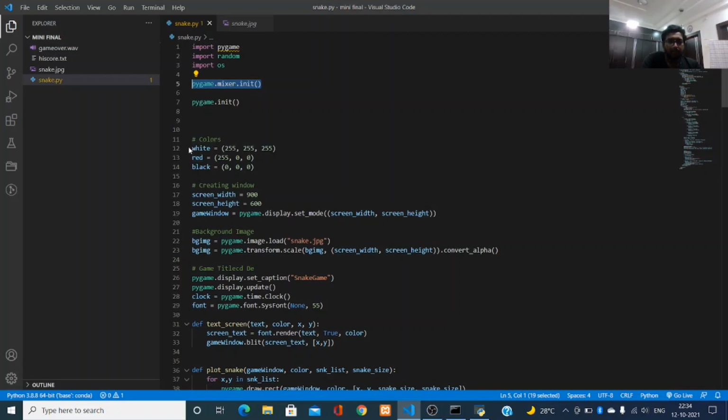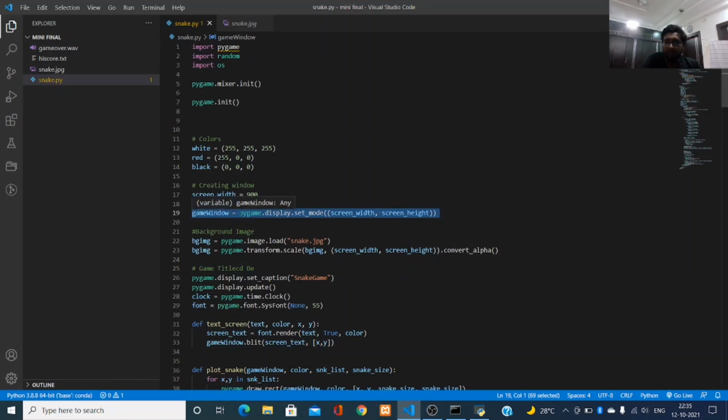I have used three types of color in my game: white, red and black. And this part is for creating playing window. I have created the playing window with 600 and width 900. Then this is for playing window.